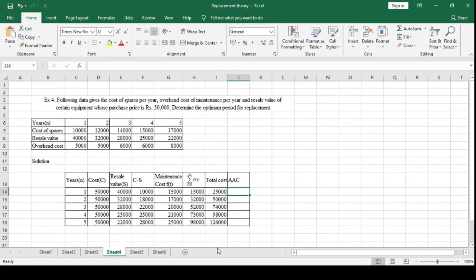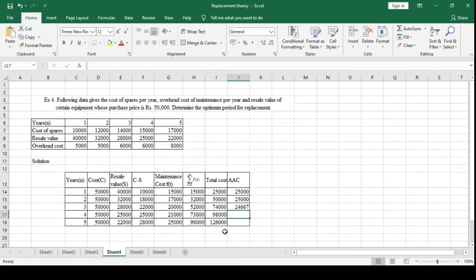Okay, now we will calculate average annual cost. So average annual cost is calculated by dividing the total cost by the number of years. So for the first year, 25,000 divided by 1, so your answer will be 25,000. Okay, for the next year, 50,000 divided by 2, so your answer will be 25,000 again. Then after that, 74,000 divided by 3, so your answer will be